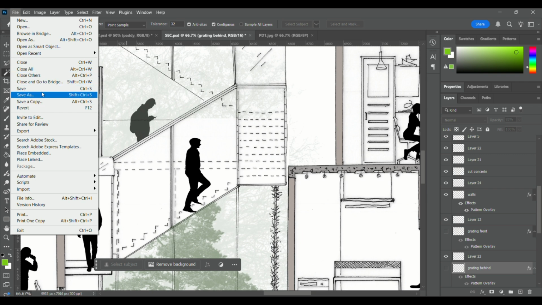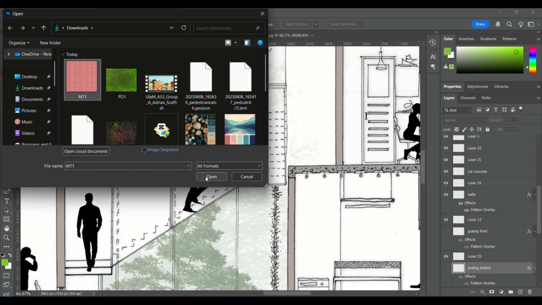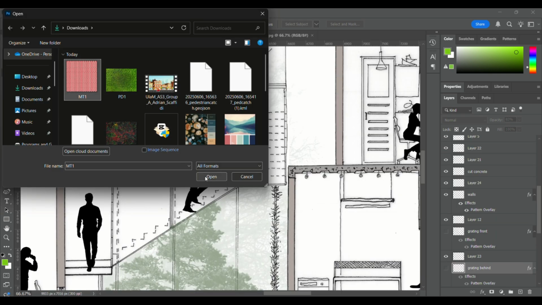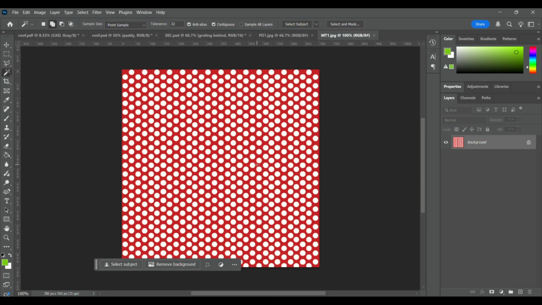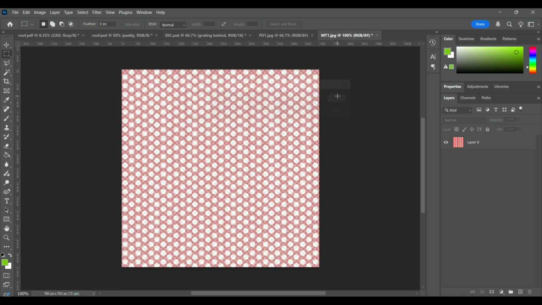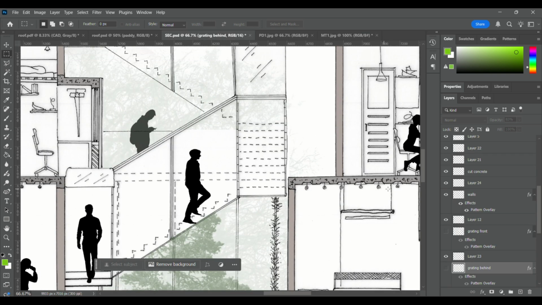Okay, and then I would like this to be less of a tone than this, so I'm gonna decrease the perforation after unlocking the background. Maybe a bit more like 50, 60 would do. And after that, again, I'm gonna go and define this pattern. And then let's go back to the section,